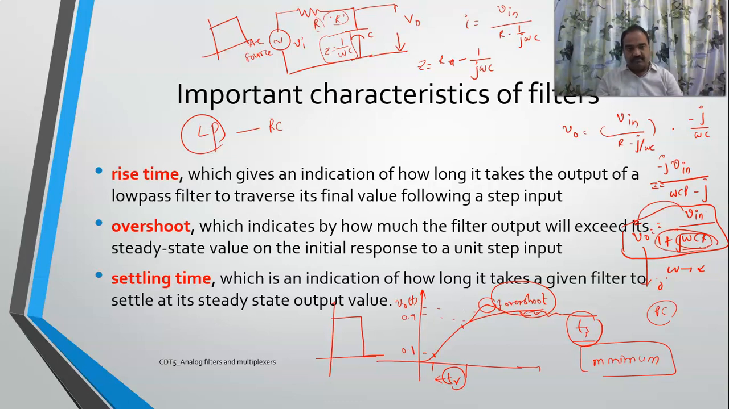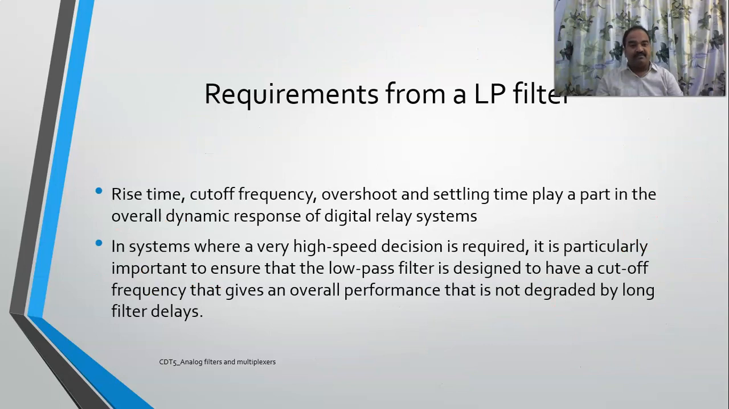So the requirements from an LP filter point of view, you know that rise time, cutoff frequency, overshoot, settling time, all these things play an important role, and they will play an important role in the dynamic response of your digital relay systems also. So select them very wisely. In particular, when a high-speed decision is required, it is important to ensure that the low-pass filter is designed to have a cutoff frequency which gives an overall performance that is not degraded by long filter delays. So ensure that your filter has a very good cutoff frequency and very low delays. Okay. And next thing is